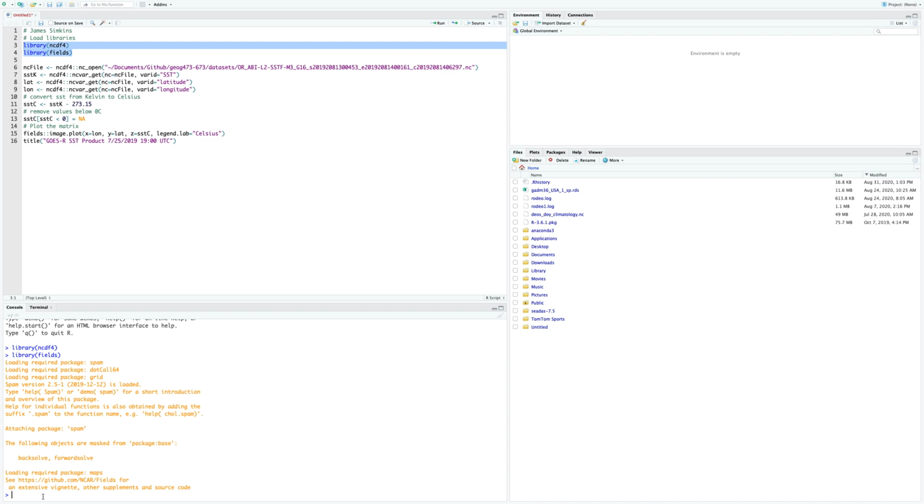Now, for me, I already have these pre-installed. I use these all the time. Once you install a package once, it's installed on your computer. Barring any major changes you make to your computer, it will be installed forever. So if you do not have these packages installed, I encourage you to come down here to the console and use install.packages, which is the function that we use. It's already pre-built,